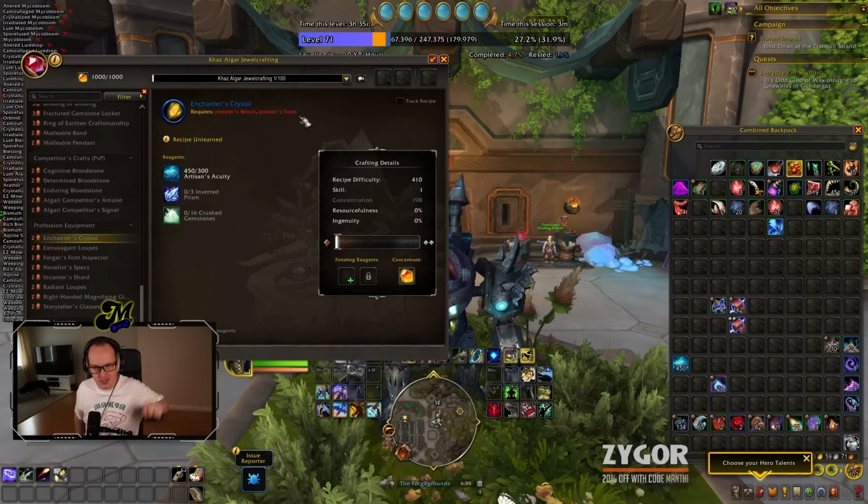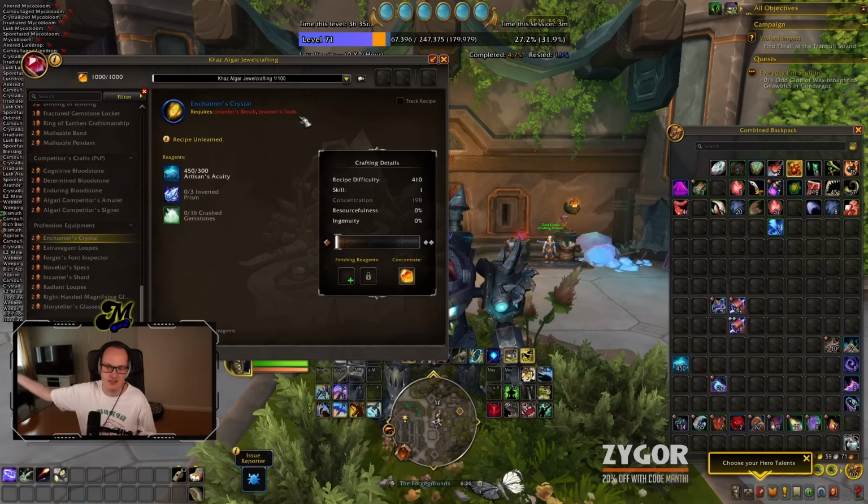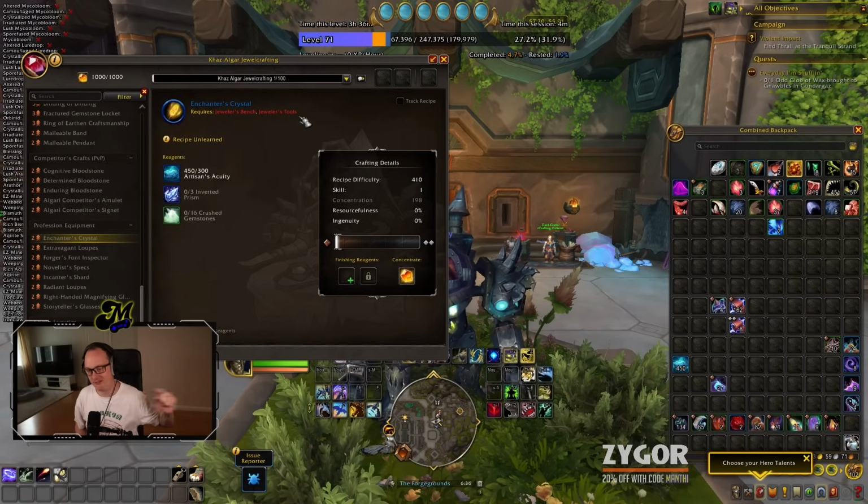Well, the number one thing you're going to need is an alt that doesn't have any professions, an alt that is level 70, and an alt that you are willing to donate their Artisan's Acuity to your main character. We are going to set that character up so that they are fully capable of crafting the item that you want. Then your main character will just simply place a personal order and your alt will fulfill it. There is the requirement with public orders that you provide all the materials, but that's not true with personal orders. If you place a personal order, even to your alt,